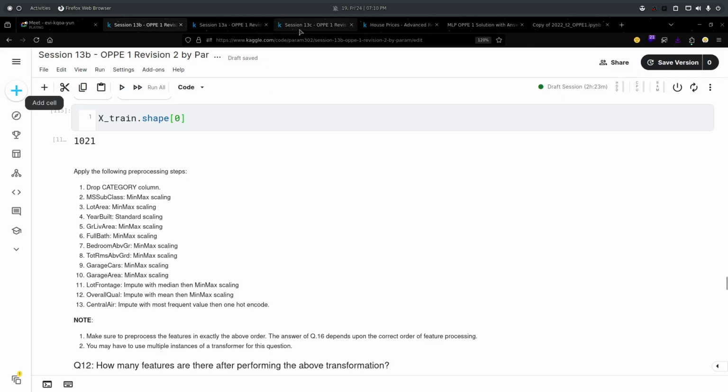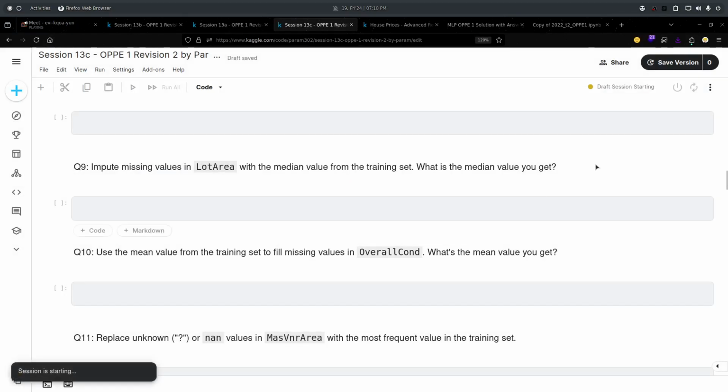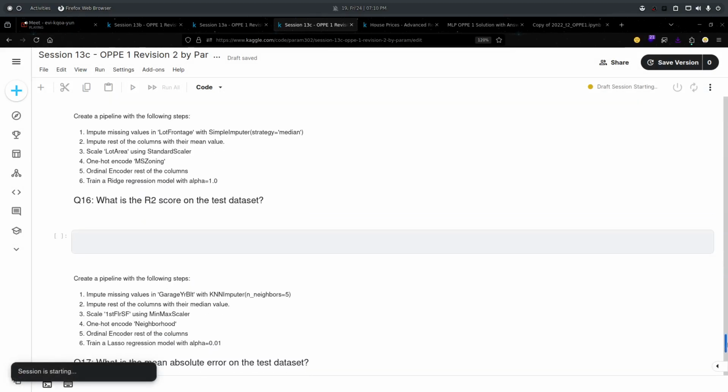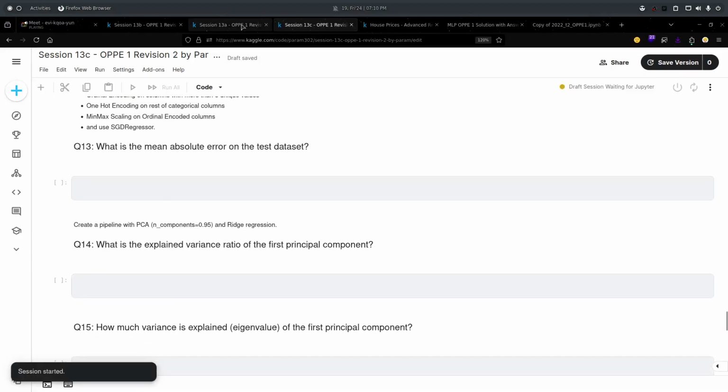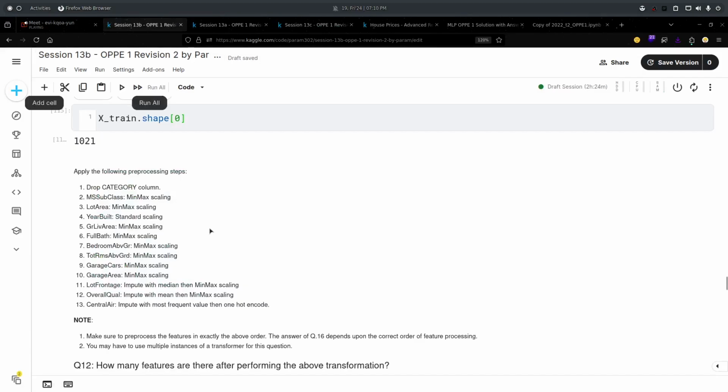Don't worry, in the second part we will have different kinds of values, so this is just for your practice. Here it is written that we are using min max scaling. We are imputing the values with mean and median, and we are also using one hot encoding. So let's first import these classes.